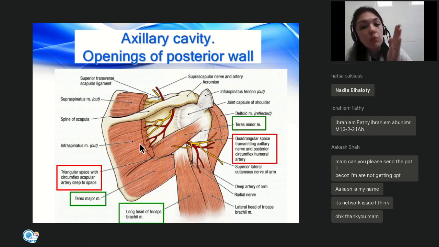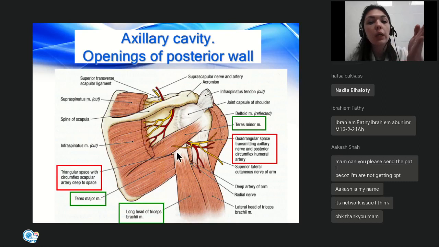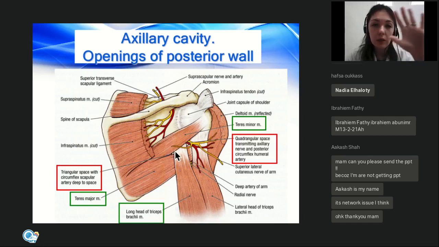So medially, there is the triangular space that is bounded inferiorly by teres major muscle, superiorly by teres minor muscle, and laterally by the long head of triceps brachii muscle. And through this triangular space, the circumflex scapular artery passes. It originates from the subscapular artery, that is a branch of the axillary artery, we'll study it later. And it goes backward, it passes through the triangular space, and it supplies muscles which are located on the posterior surface